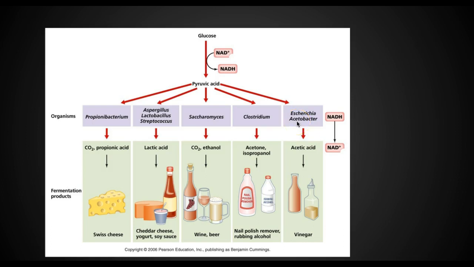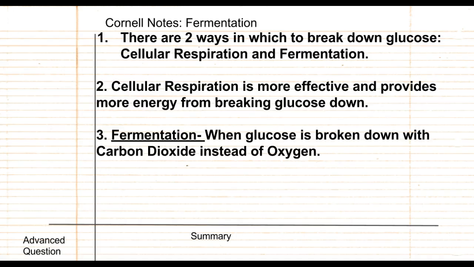They're usually unicellular organisms, and a lot of the cheeses that we eat, wines and vinegars, all these things are the leftovers from what these organisms have processed through fermentation. So again, fermentation is the second process that can be used to break down sugar or glucose. And our bodies can do fermentation as well, just like yeast can, but we usually do more cellular respiration, unless our muscles are working really hard and they need to go with a backup plan. Go ahead and come up with a question for three, and we're moving on to four.